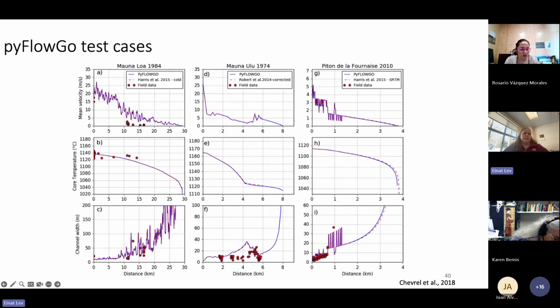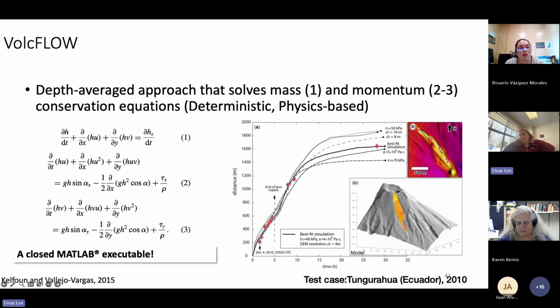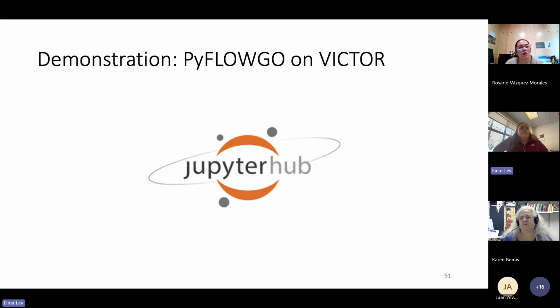And these 3 cases were used because there are actually observations. So these red dots are field data, and you can kind of make your own judgment about the quality of the fit. PyFlogo exists on Victor, and we'll be happy to work with you if you want to use it for your own research. One kind of fun way to use PyFlogo is in statistical